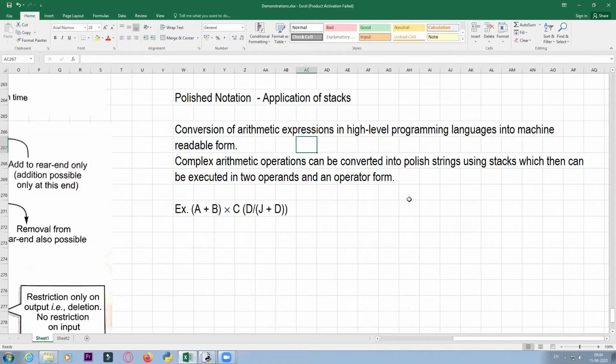See, in computers, it is very difficult. Normally computers work with binary language, right? And because they work with binary language, it is a normal thing that in computers it is easy to evaluate expressions which contain two operands, that is A and B, and in between A and B you have an operator. So it is easy to evaluate such expressions.